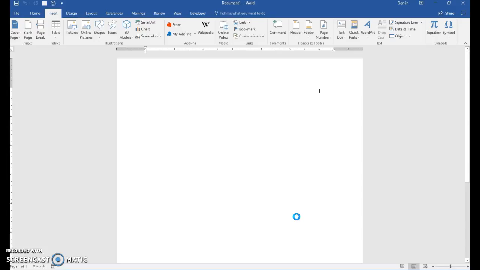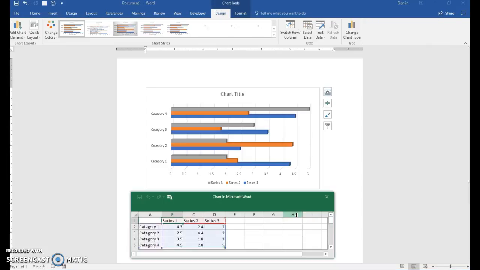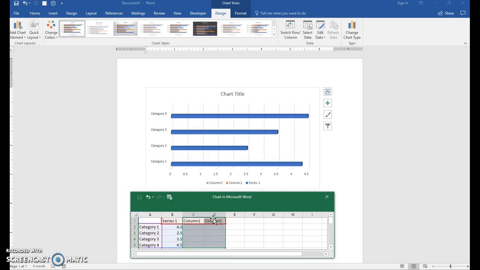And it should bring up Excel, because that's where you're going to type in your data. So you'll notice down here, this is where you're going to type in your chart series, and then once you type it in, it goes directly into the chart. So you're going to have to change some things around. It doesn't even have 2 and 3 series, so I'm just going to delete those. All right, for series 1, it's going to be called percentage. And down the side here, our categories are